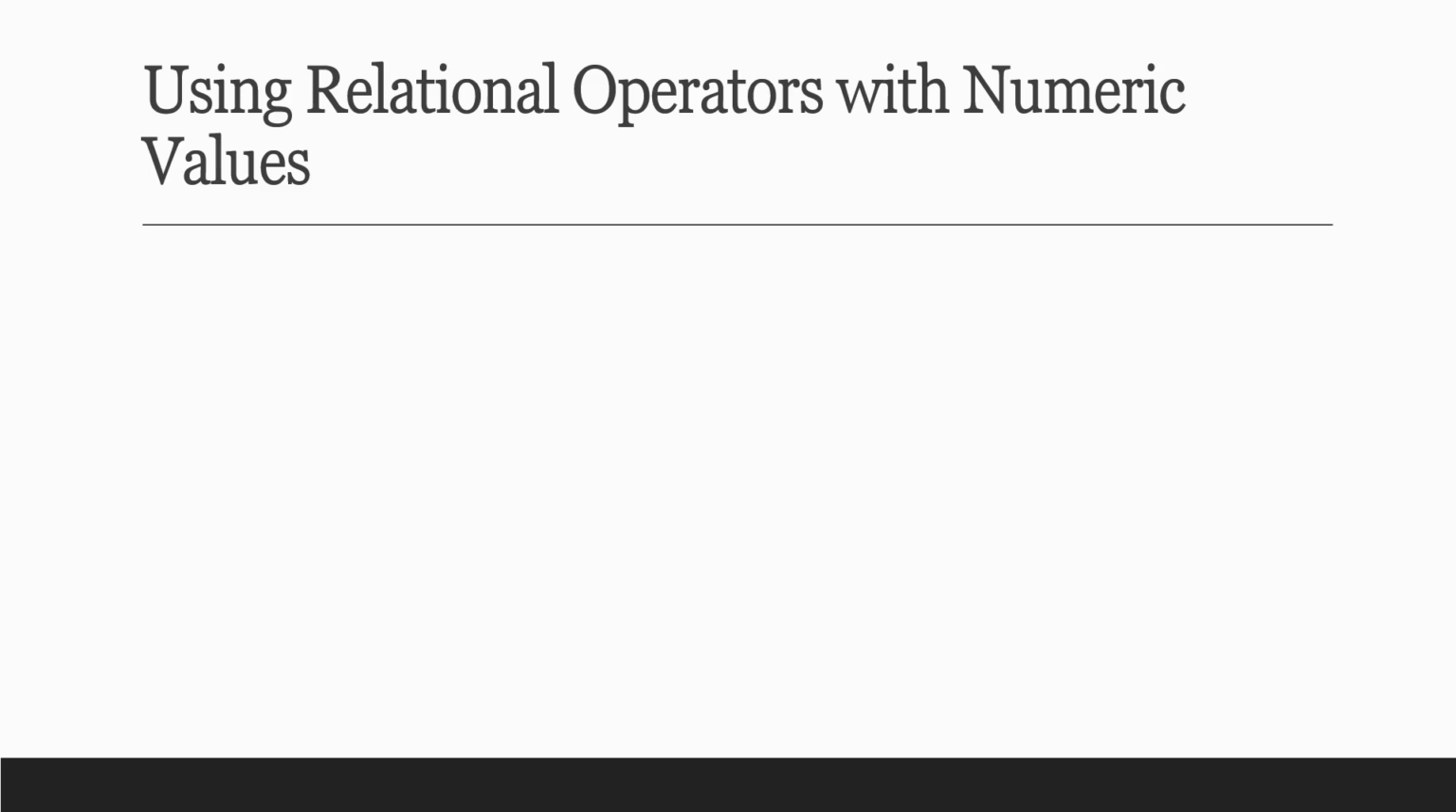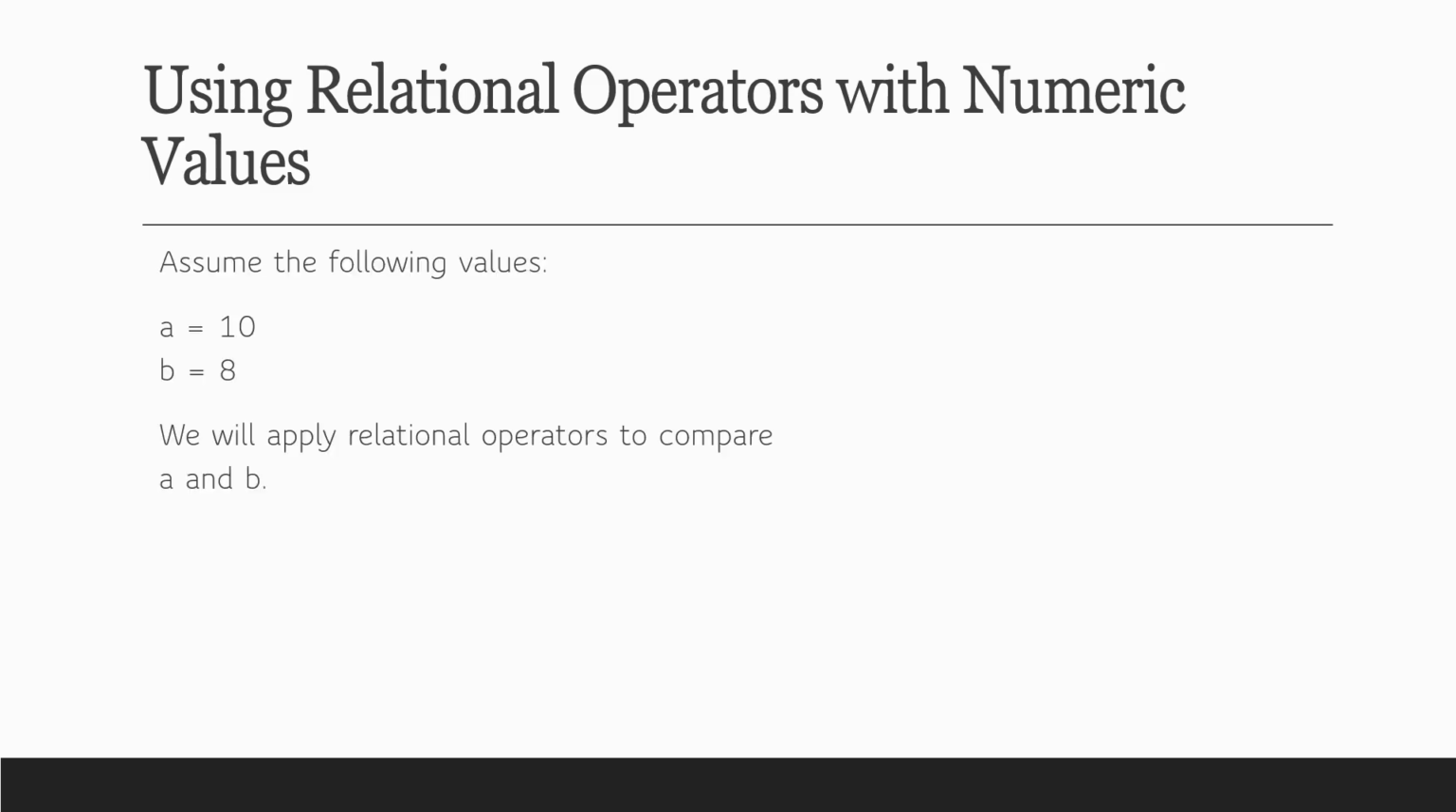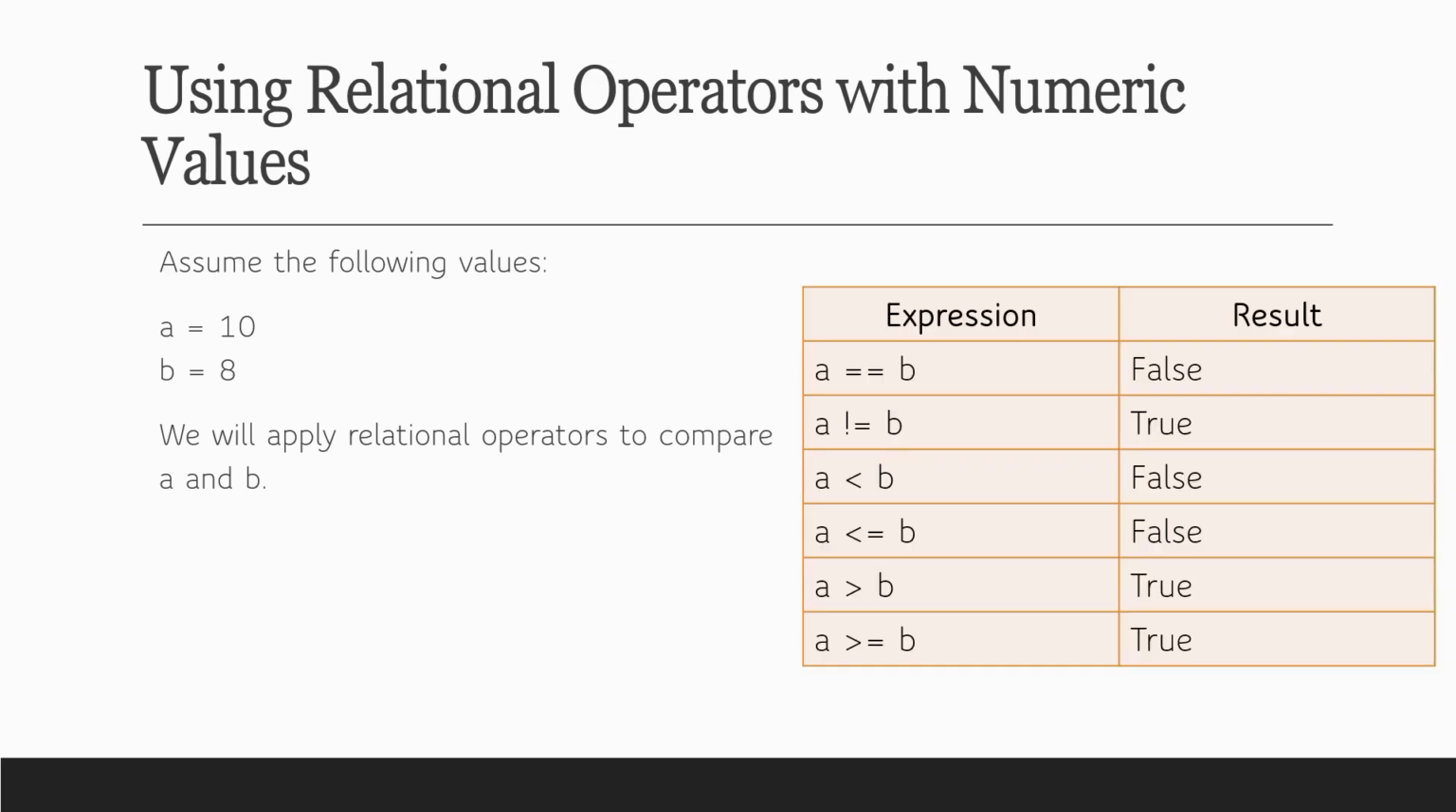In this slide, we are learning how to use relational operators with numeric values. Let us assume that the value of A is 10 and the value of B is 8. Now we will compare these two numbers using different relational operators. First, when we check whether A is equal to B, the result is false because 10 is not equal to